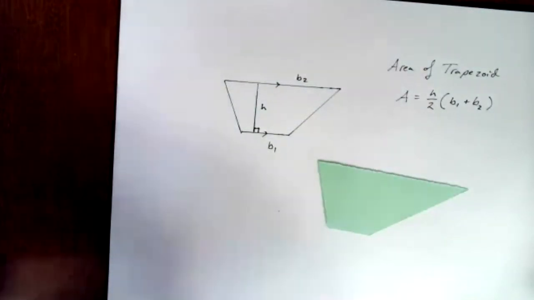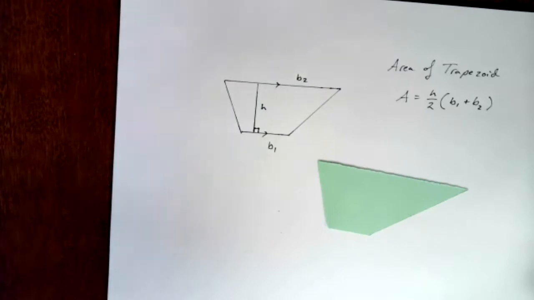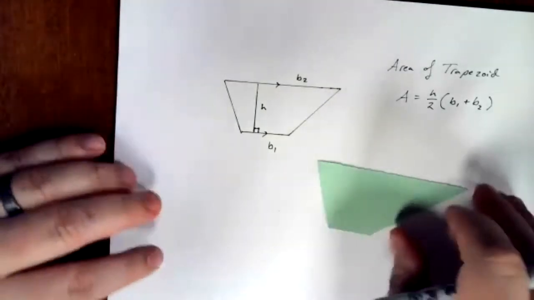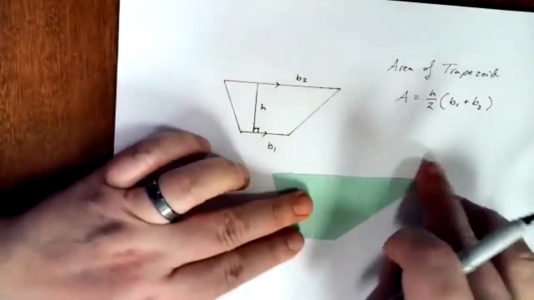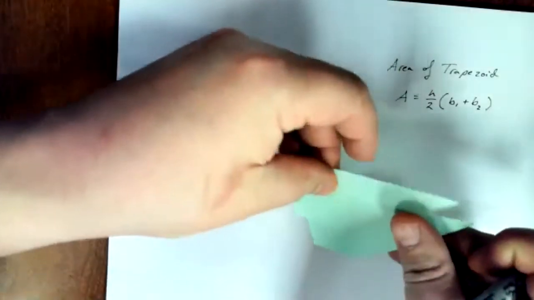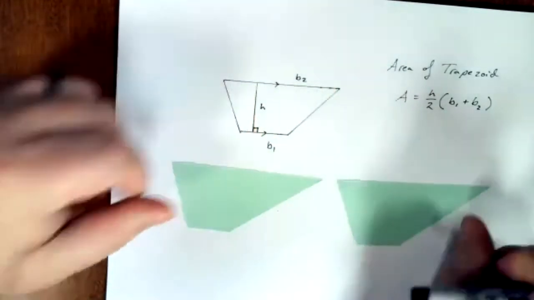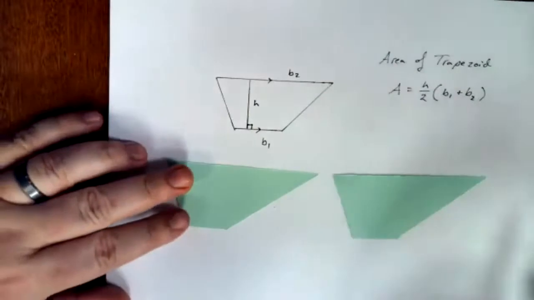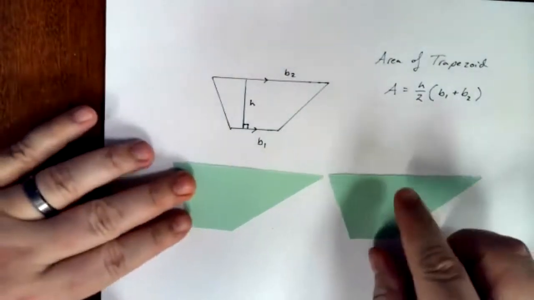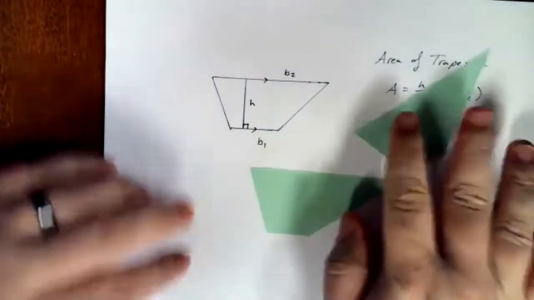Okay. So I have my trapezoid, and since I folded the paper in half, I've got two trapezoids that are exactly alike. And what I'm going to do is I'm going to take one of them